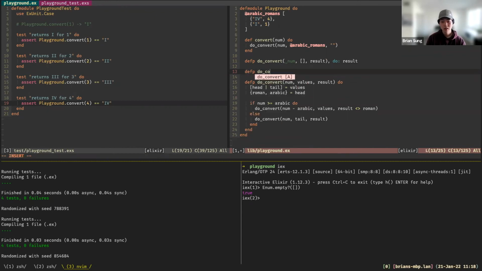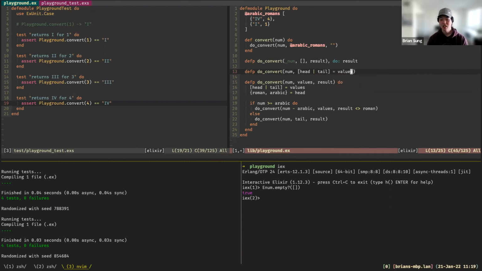We define doConvert, and then this is where it's going to get a little confusing, but I hope you can bear with me. So here we're pattern matching on values. We can pattern match within the function signature, or wherever you define the function. I'm blanking out on the name of this, but you can pattern match inside the parentheses, I'll just say.